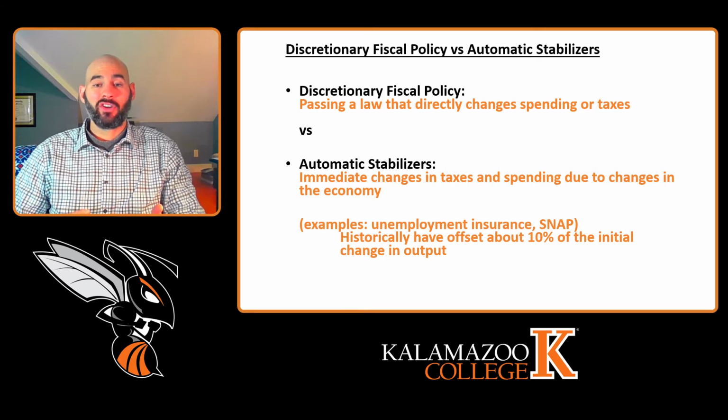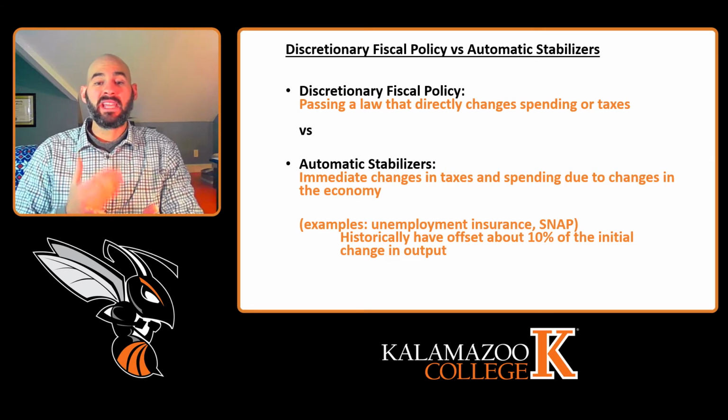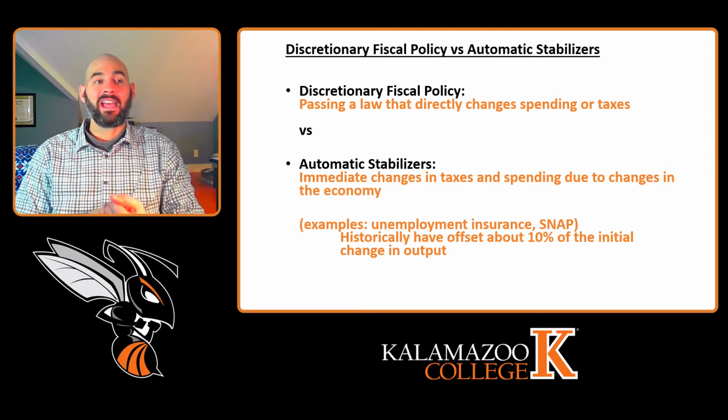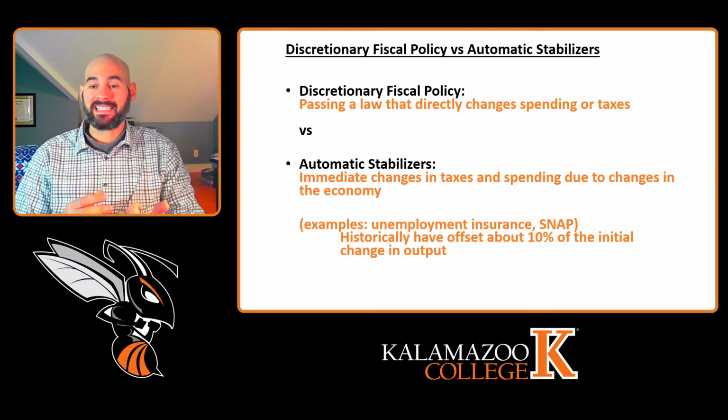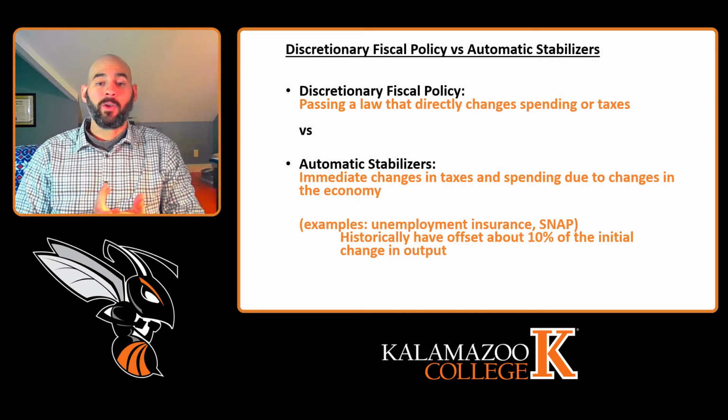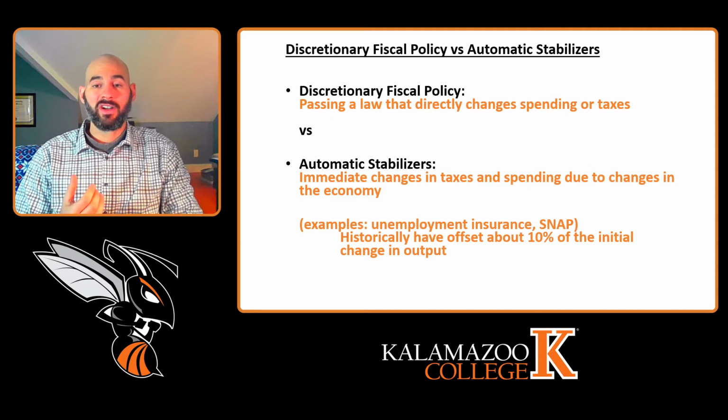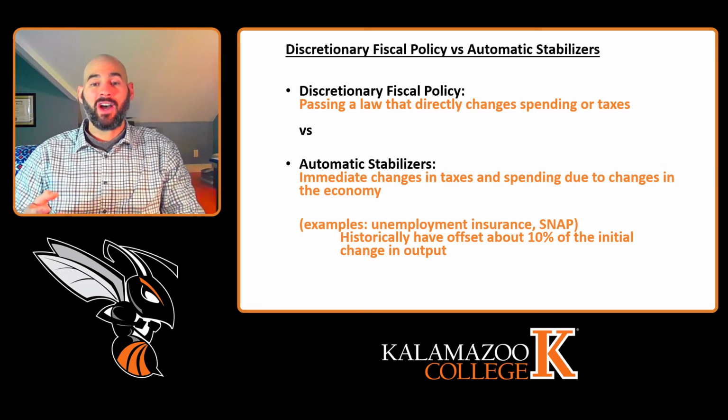And automatic stabilizers are going to be policies which immediately kick into effect and are triggered by some sort of macroeconomic indicator. And so these are going to immediately change taxation or government spending due to changes which are in the economy. So some examples of these would be unemployment insurance or the Supplemental Nutrition Assistance Program, which is SNAP, which is more commonly known as food stamps. And these are triggered by changes in individual income, as we saw actually in the previous video